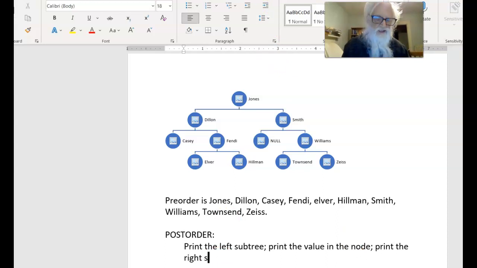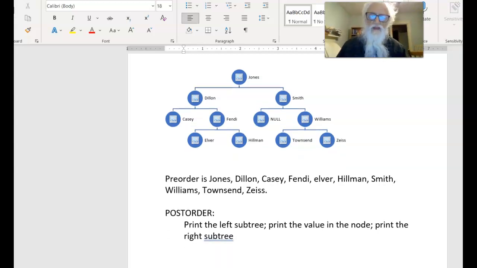Very minor change, it seems. I'm not going to go through it in detail, but I'll give you what the answer is. Post order is